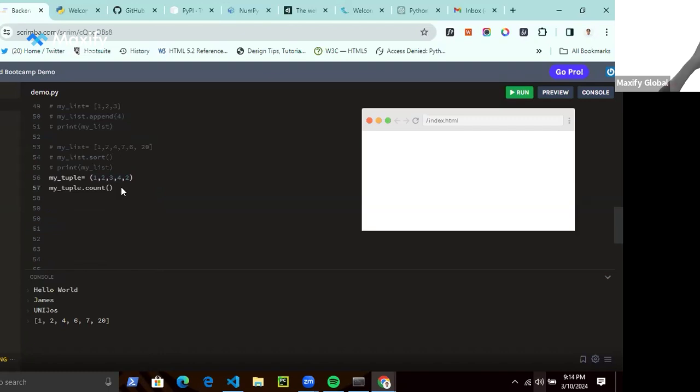If I run my tuple.count method, let's say I pass in 2 as an argument, it's going to tell me the number of times I have 2 as an occurrence.